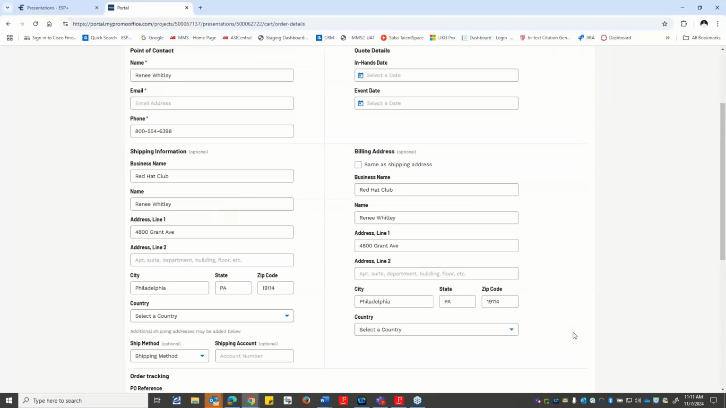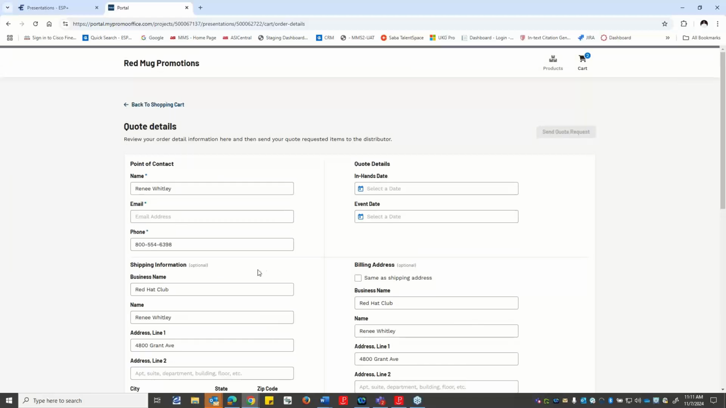Now this is acting as the end buyer. Okay, so when I go to details, it gives me the quote details. I haven't sent the quote yet because this is still not an active button. So it does need to have a point of contact. It does need to have an email. So these are the required things before that client can send that information back to you as a distributor. So I'm going to just put in